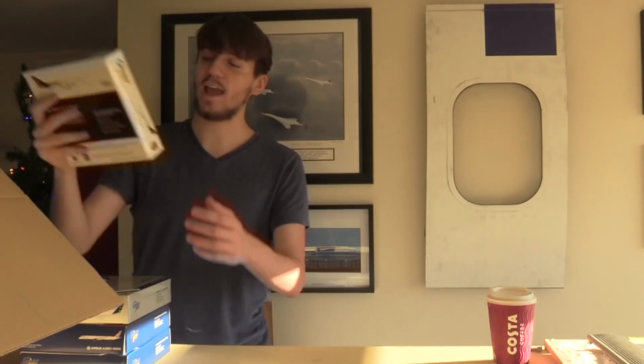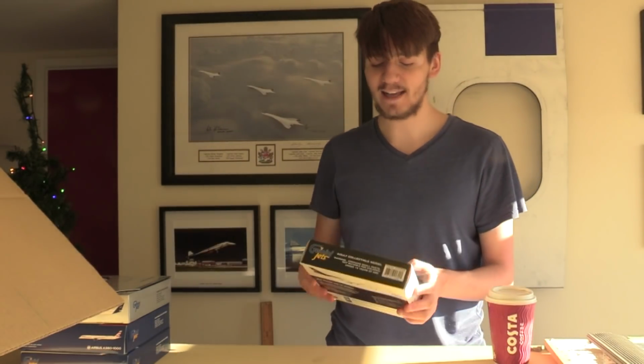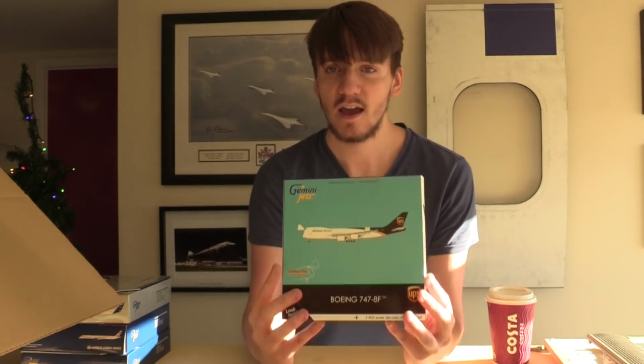Okay, and next up we have a model that a lot of you will probably be expecting me to get. As many of you know, a couple months ago I went on a bit of a spending spree and I bought all of the existing interactive series aircraft, and so I wanted to keep up the trend of having every interactive series aircraft. So when Gemini Jets produced this new one, I really wanted to get it. This is the interactive series UPS